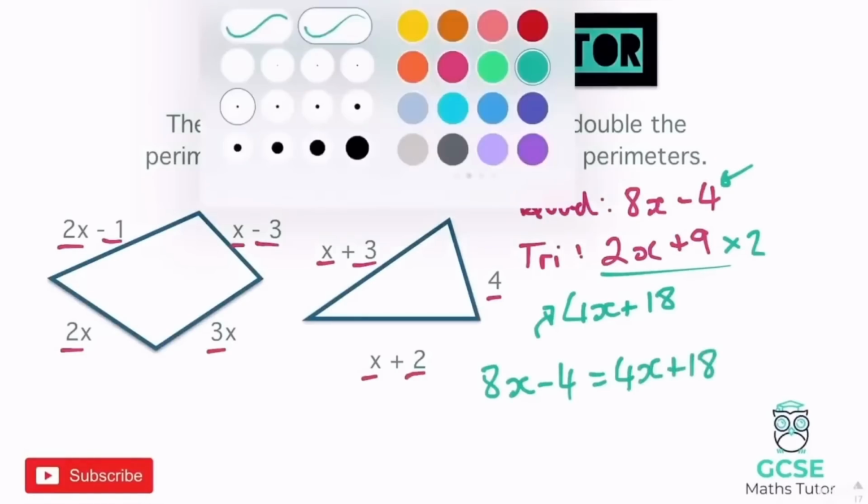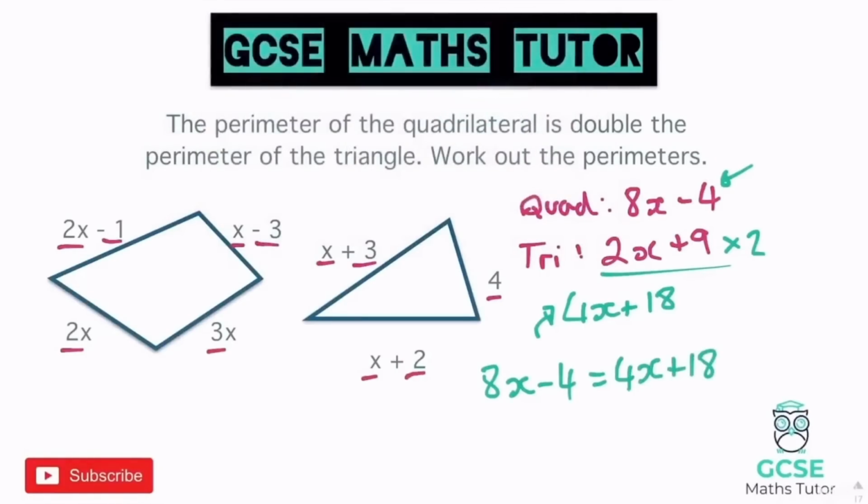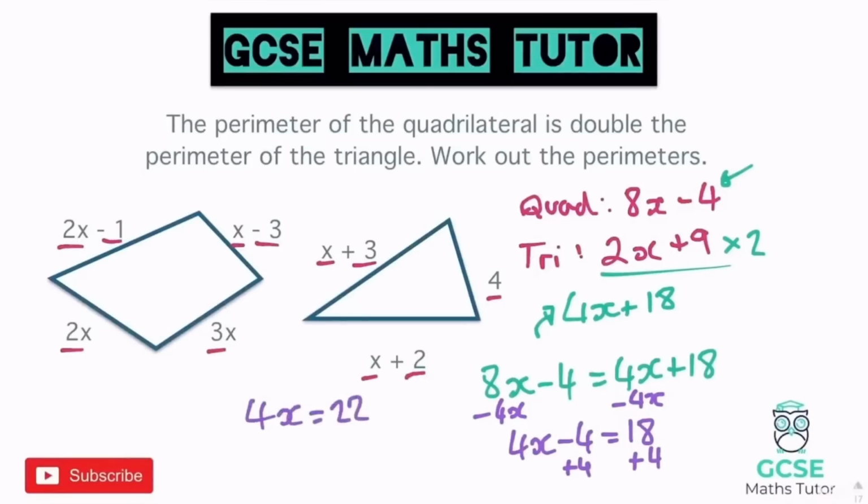We can now just solve that like an equation, so we can get rid of the smaller x from both sides, so minus the 4x. Over here we have 4x, so we have 4x minus 4 equals 18. We can now add 4 to both sides, so get rid of this plus 4, and we get 4x equals 22. Then we've got to finish that off to find the value of 1x, so dividing by 4,